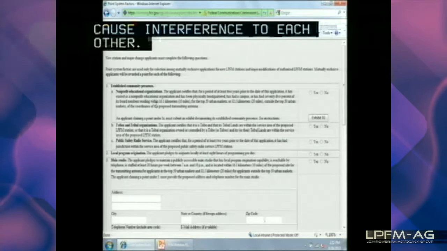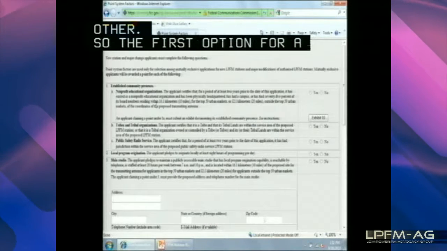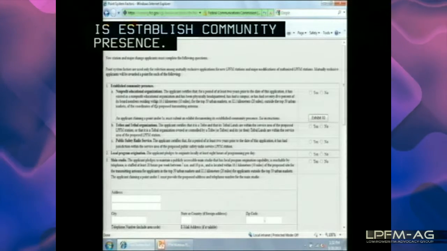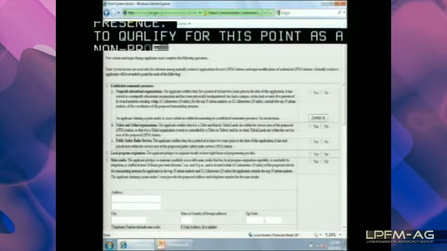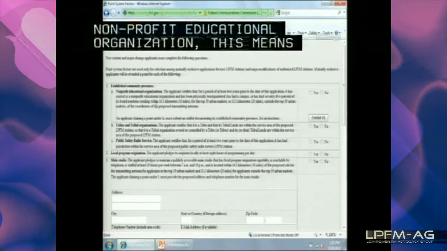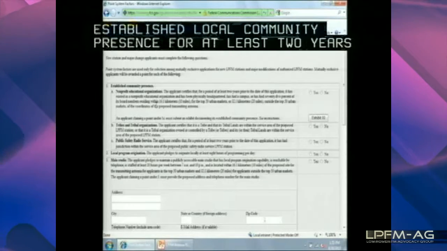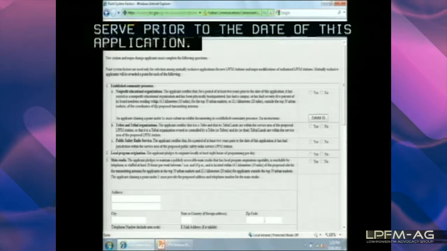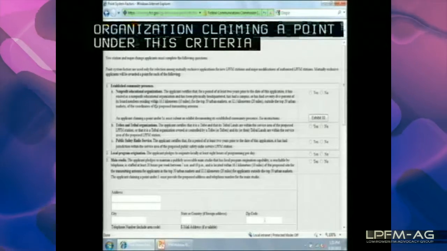So the first option for a point is established community presence. To qualify for this point as a nonprofit educational organization, this means you have had to have had an established local community presence for at least 2 years in the community you propose to serve prior to the date of this application. A nonprofit educational organization claiming a point under this criteria must provide documentation which includes information such as